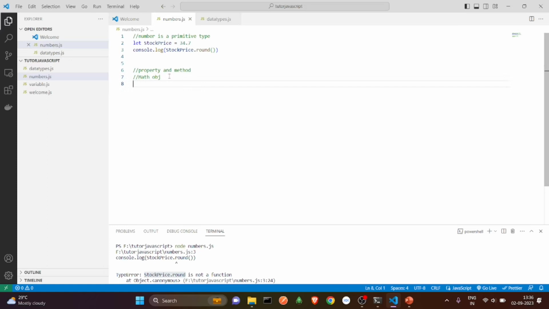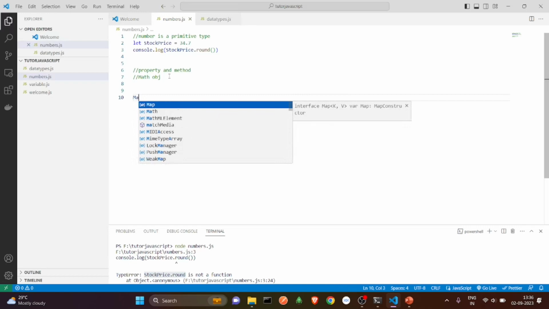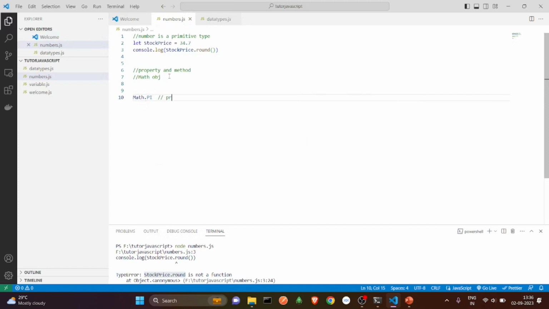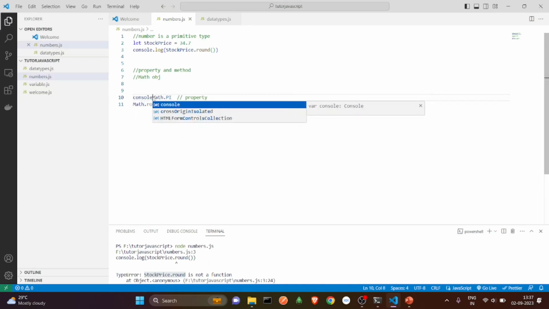So first I will call Math dot PI. So this is a property. And now I'll be calling one method, Math dot round, and this is a method. If you want to differentiate between a property and a method, one simple difference is a property doesn't have the braces, but if you want to call a method you have to call with the braces. Let us print this and see what value they will display. Console.log